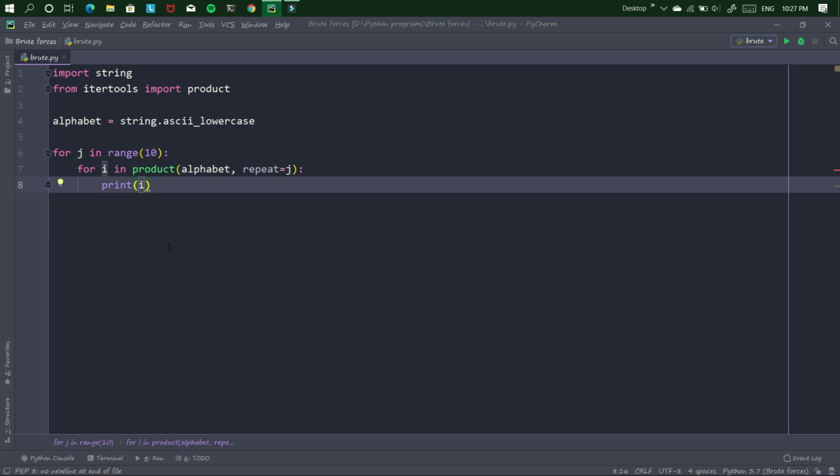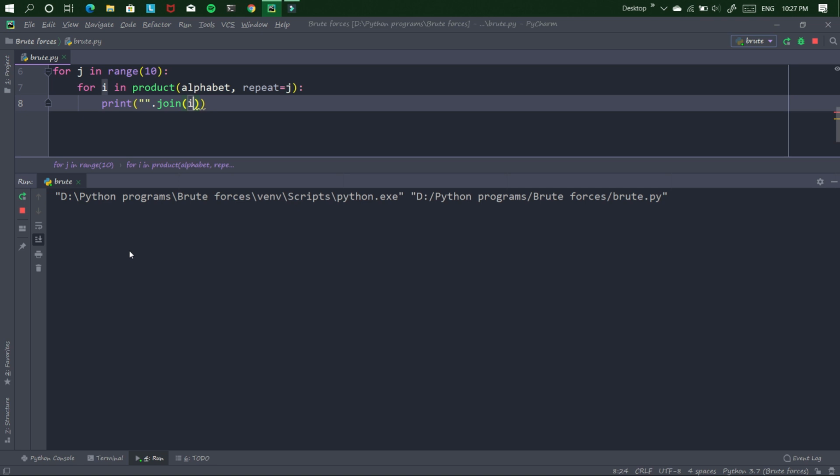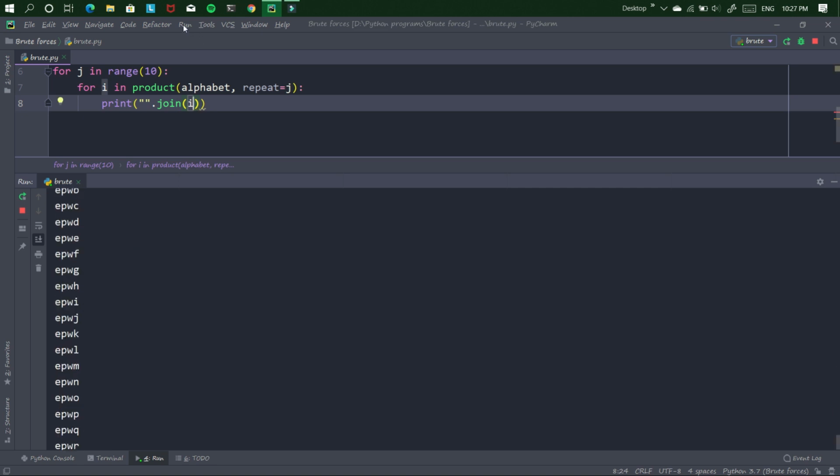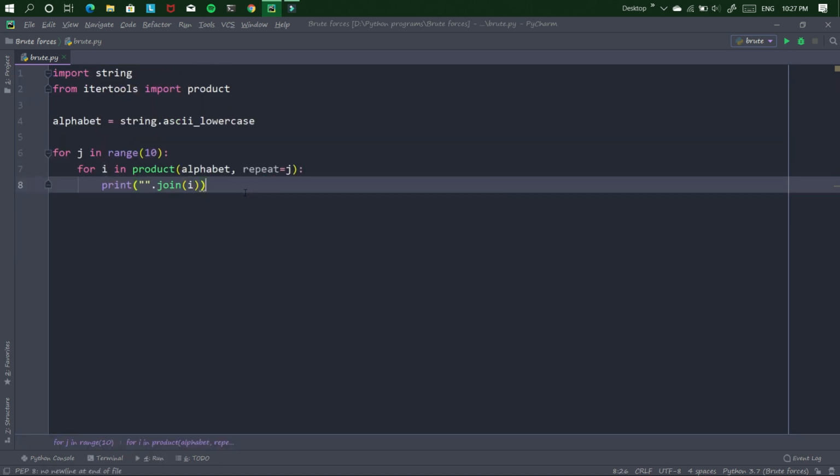Now I convert tuples into a string by using the dot join method. If I run, you can see I got strings. Now I will check if I am able to make the word Java or not.